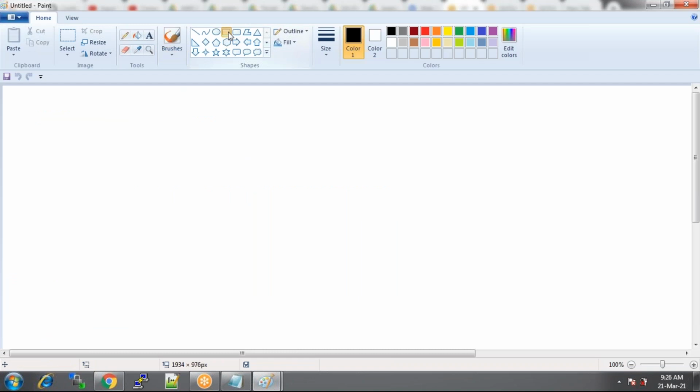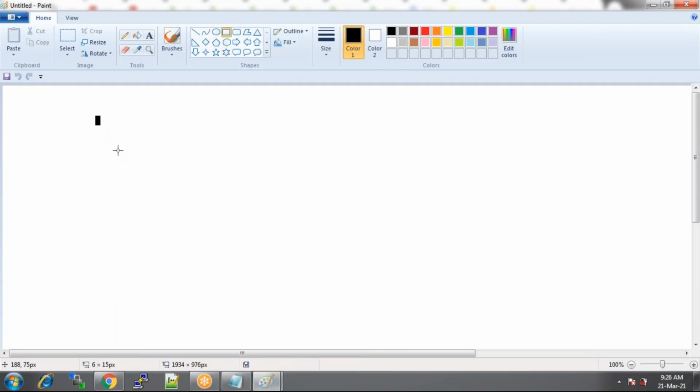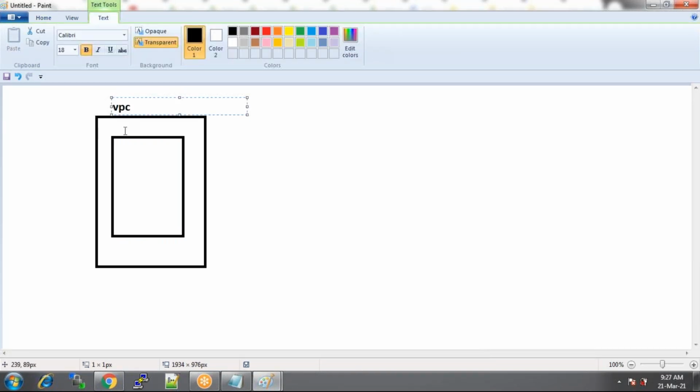We have seen a scenario where a VPC can have a public and then a private subnet. But look at these users. Who are these users? Public users, internet users. Do we create those users? No, we don't create them. But if you want to create a user, let's say I have a VPC, and this VPC has a private subnet. That's AWS, that's the VPC, and this is my private subnet.